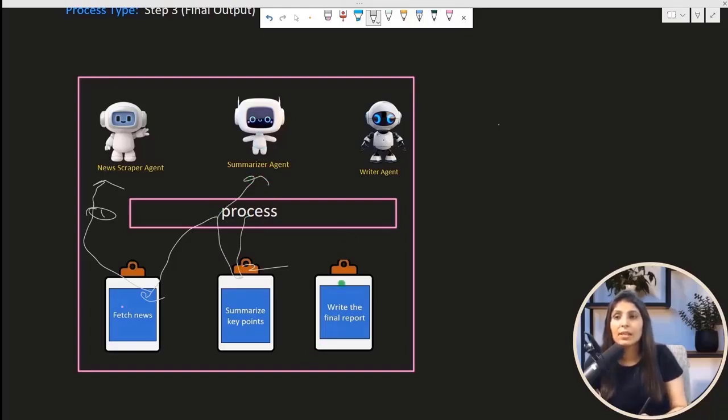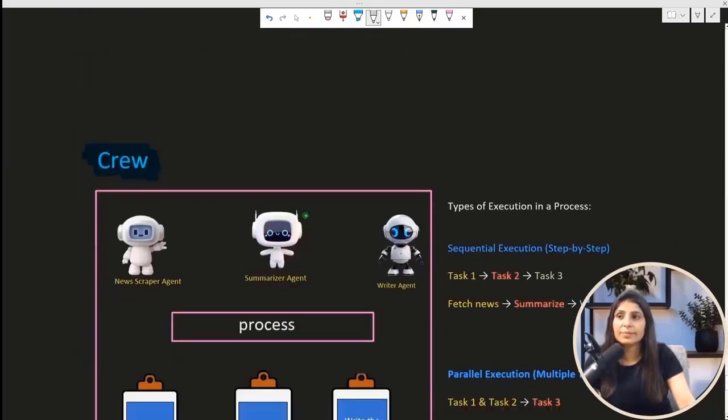And then this is the third task, and the process decided that this task should be given to the writer agent, right? So the sequence, meaning how the app should work, is decided by this process, and this whole thing is known as crew.